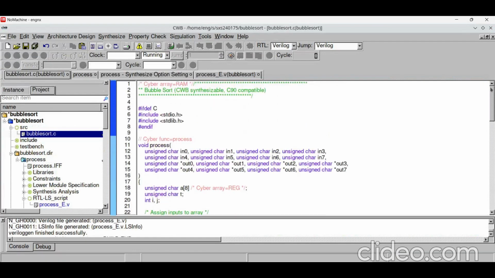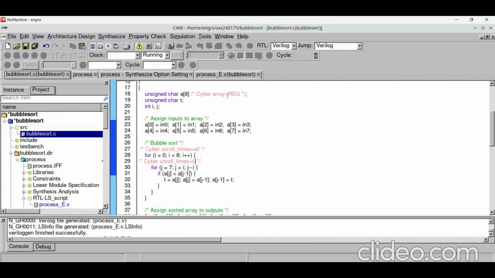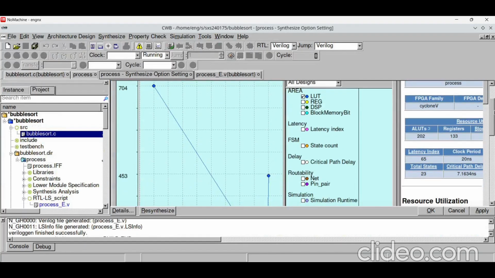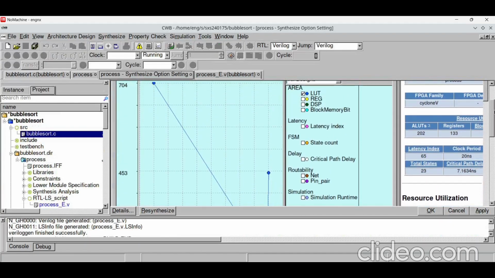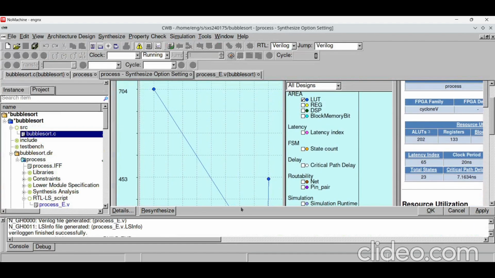Now for the second design, where our pragmas are set this way, for the array we're using registers and we're making the first loop unrolled, but the second loop is not unrolled. This is synthesized and the synthesis window can be seen here. We can see that the area increased, the ALUT is increased. This is expected since we increased the number of logic fabric and